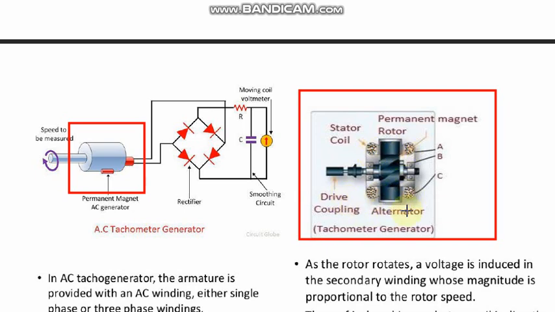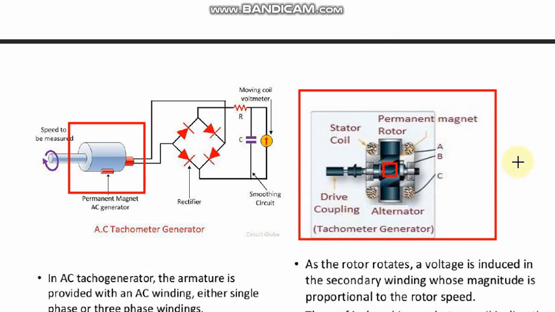Two sets of coils you are able to watch. From the first windings you are able to watch that the terminals are A and B, and for the second the terminals are B and C, because one terminal is common. And here in the internal part, inside this one, there is a permanent magnet which is actually rotating with this shaft. This is the shaft which will rotate. So with this shaft, this permanent magnet inside will rotate.